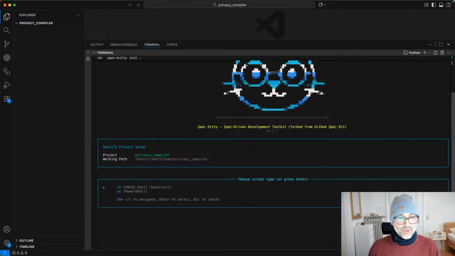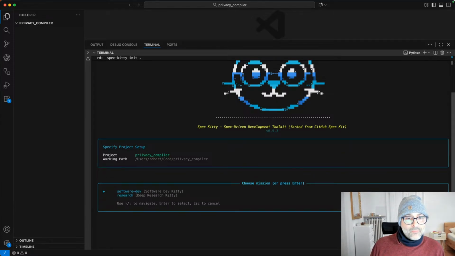It asks me, it could detect that. I think that is a feature request that I'm going to put into my brain for Spec Kitty later. It should detect whether it's a POSIX shell or a PowerShell, really. And this is the mission. Our mission now is software development, but it could be a research mission, and you can write your own missions that could do like SEO analysis of a website, or I don't know. I've got to think about the missions, but the two that I've got here are software development